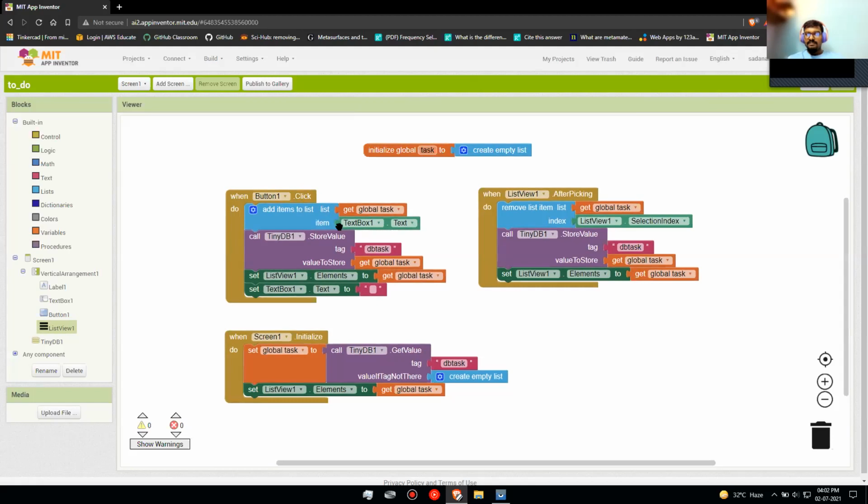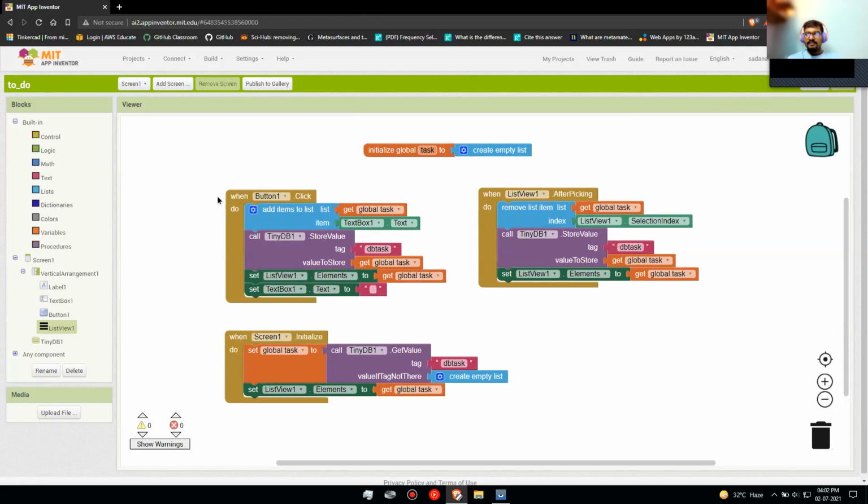Which items will it store? The items that are written in the text box. Then it will store those items in a TinyDB whose name we have given as DB task. And then it will set the list view elements to global task, that is the items that are in our list. And then after entering that, it will clear the text box.